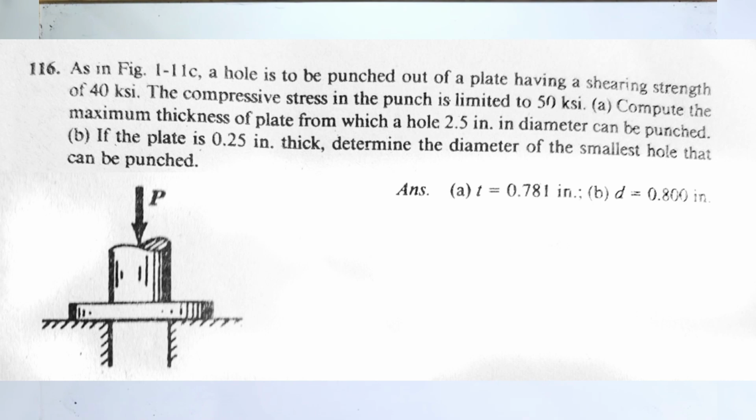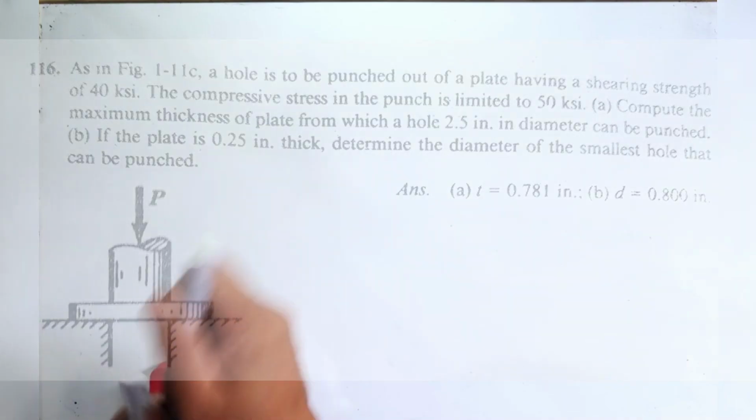So for letter A, compute the maximum thickness of the plate. That means the axial force that is going to be resisted by the punch will also be at its maximum. That means we are going to use the allowable stress of 50 ksi for our compressive stress. And from there, we are going to solve for the axial load that is going to be resisted by the punch. Okay, so from this drawing,